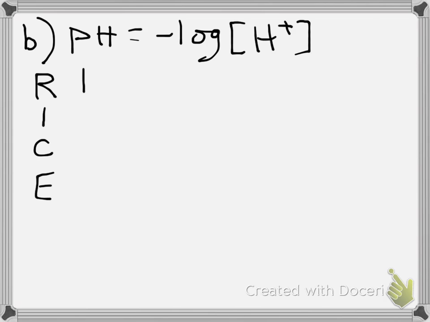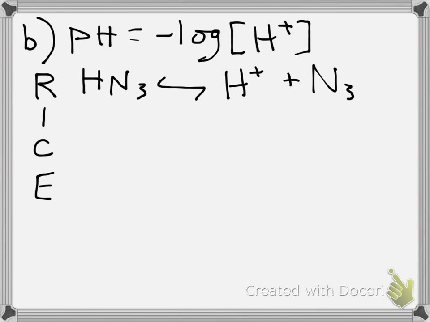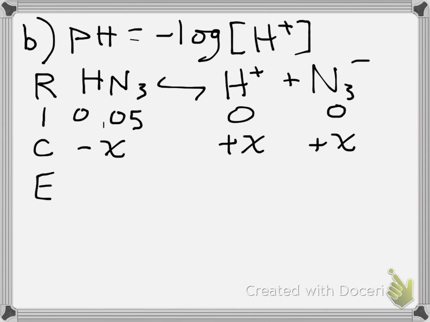So Rice, HN3, double arrow, the hydrogen ion and the N3 minus ion. We know that our molarity of the acid is 0.05 molar, and the ions, of course, start at 0. We don't know by how much it's going to dissociate or change, so we're simply going to say minus X, and plus X. When we take into account the initial and the change, we have 0.05 minus X,